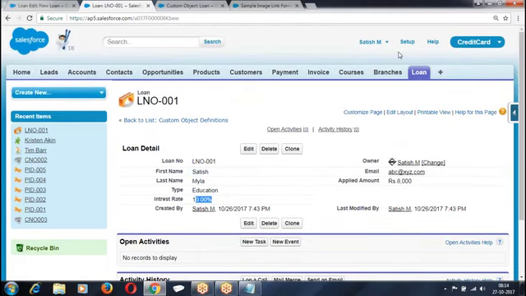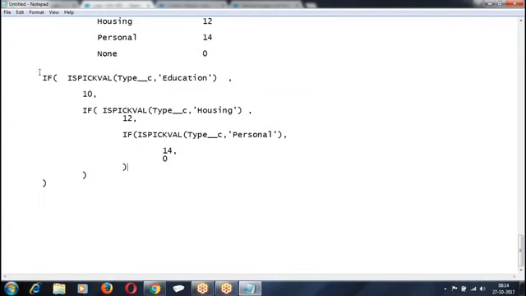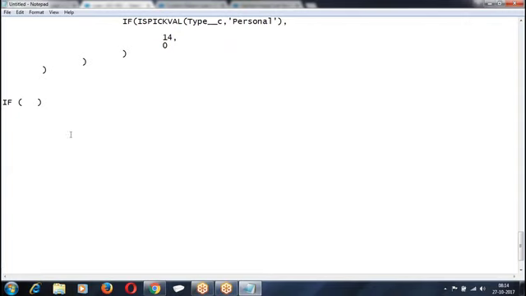Why did you say brackets? Because of that. The formula structure is: this is the condition, IF condition, so closing brackets. IF, opening bracket, closing bracket. Then I told ISEQUAL.